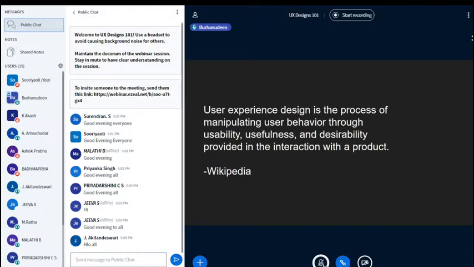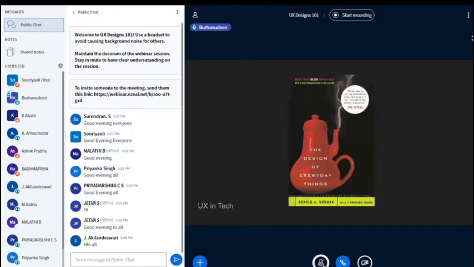You can take a pen as an example too. The difference between a high-end pen and an ordinary pen is the feel which it gives. So it's a part of each and every product, from your slippers to your hair comb. This is one of my favorite books, The Design of Everyday Things. The term user experience came into the industry in the 90s, when the tech boom was booming, where experience was brought into the digital product.